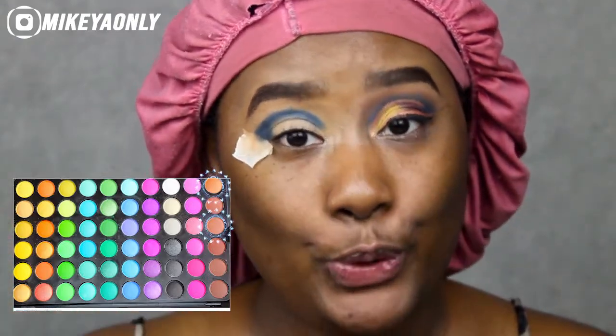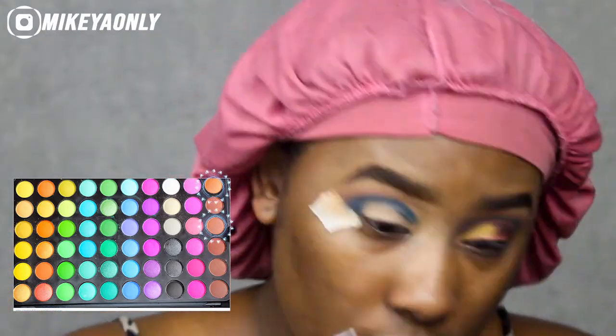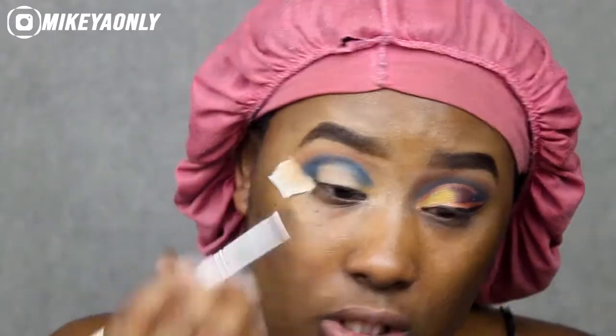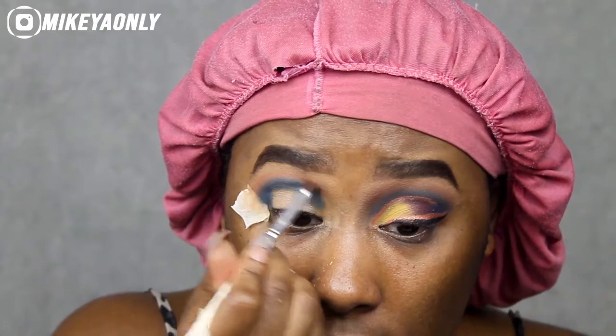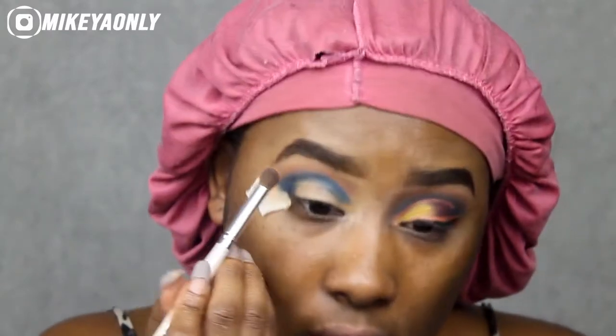I'm going to go in with this shade. I like mixing colors together, so you know, you have the shade that matches, you know, you win the money, you earn it for the money, okay? So you just want to apply the colors down first, and then I like to go in and blend everything out. Then I'm going to take a fluffier brush and